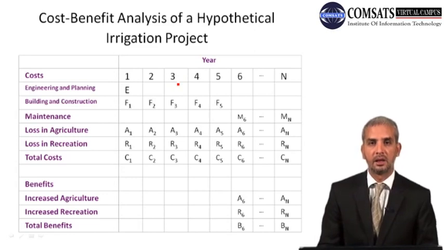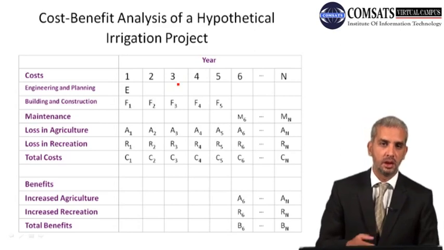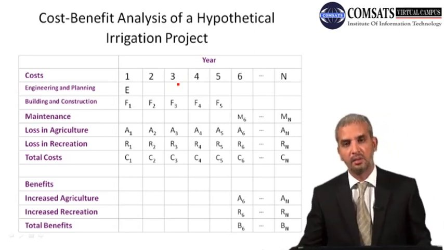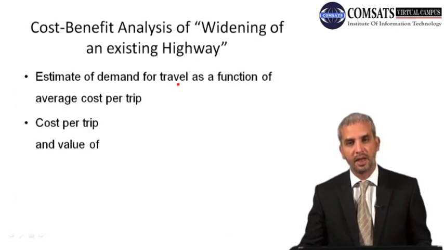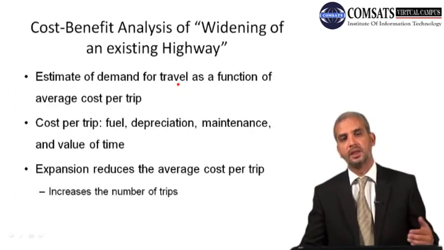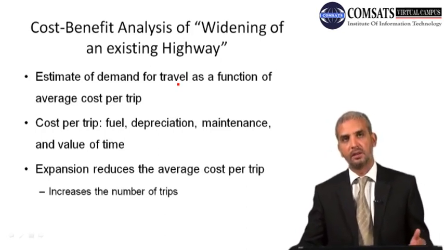rate of return demanded by the investor. So that rate should be used as a social discount rate in this case to discount all these future values to the present value, and then see whether benefits are greater and whether costs are greater. So if benefits are greater than cost, the project should be taken up, and if benefits are less than cost, the project should not be taken up.